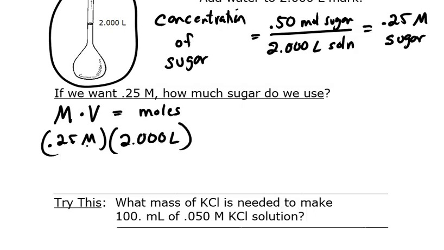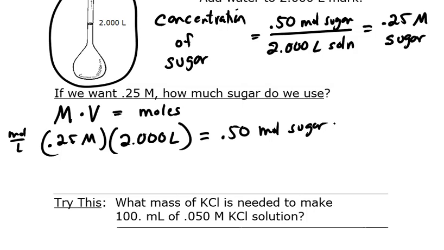We multiply those together. When you remember that molarity is moles per liter, and you multiply that by liters, you'll see the liters will cancel and you'll get moles. And in this particular case, you'll get 0.5 moles, which is how we determined we wanted that many moles of